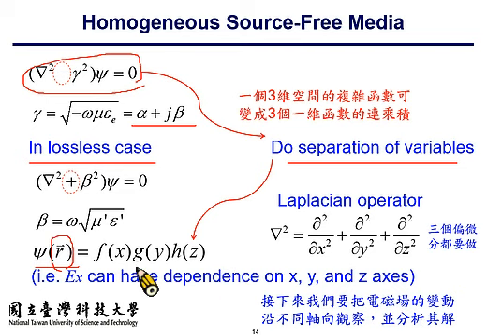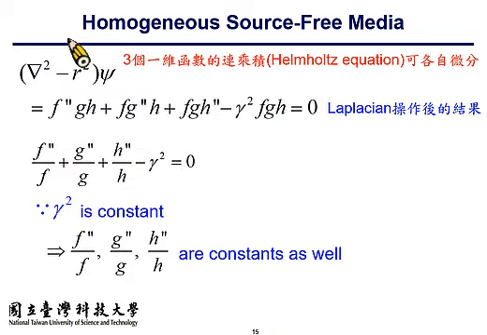So as long as you can find a solution, you can find a solution independently. You can find such a solution in the x-axis, in the y-axis, and the z-axis, and then you perform the product of the three solutions. You end up with the total solution of your waves. 所以我们接下来要把电磁场的变动沿着不同轴向观察，并找出它的解。好。So the product of the three one-dimensional functions in the Helmholtz equation can be